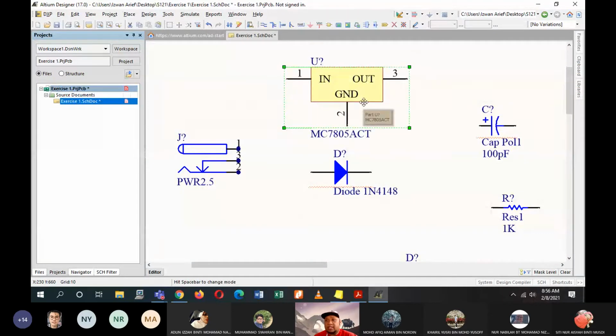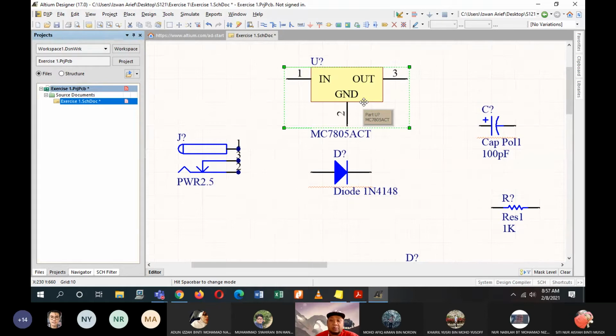Because when you are designing your circuits, you have to make sure your circuit is as simple, as neat and as small as you can. The simplest, neatest and smallest that you can make. We don't want circuits which are large. If you are designing a PCB, for example for your final year project, would you prefer your PCB to be the size of A4 paper or just a small post-it paper? That is up to you, whether you want your design small or big.